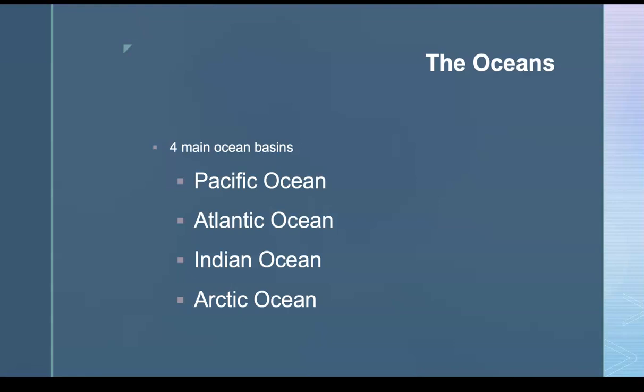The Pacific Ocean is to our west coast and goes all the way over to the east coast of Asia. And the Atlantic Ocean, of course, is on the east coast of North America and goes all the way over to the west coast of Europe. The Indian Ocean is to the east of Africa and south of Asia. And the Arctic Ocean is,